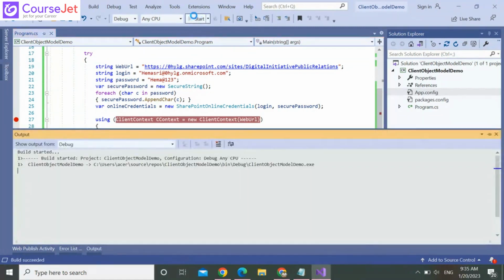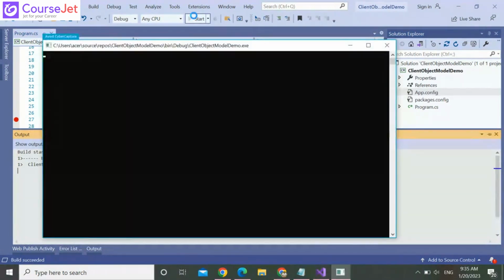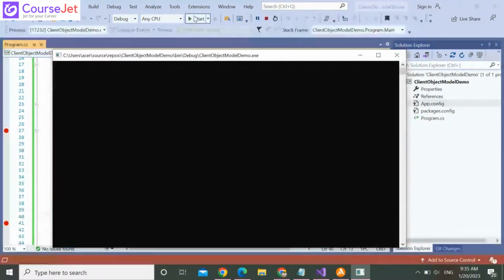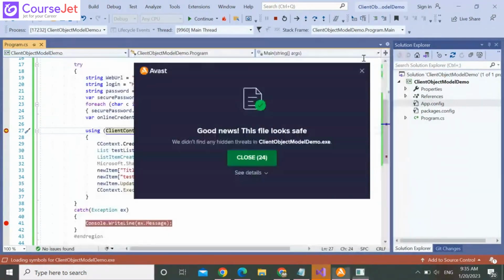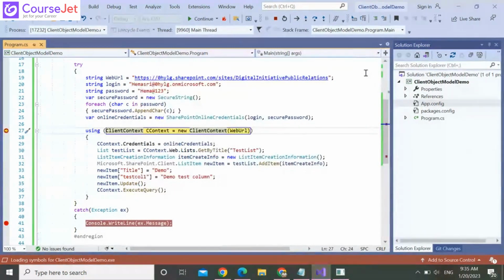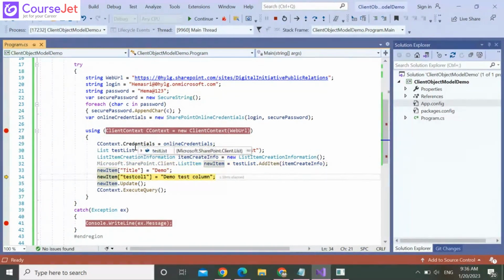And again, executing it. One by one, the client context, getting the list, from there getting the list item, adding a new item, execute query.